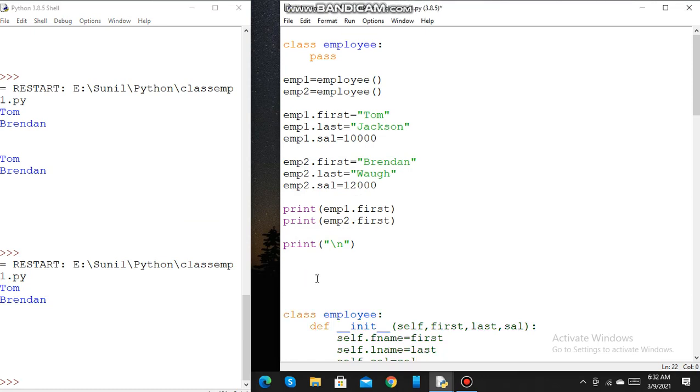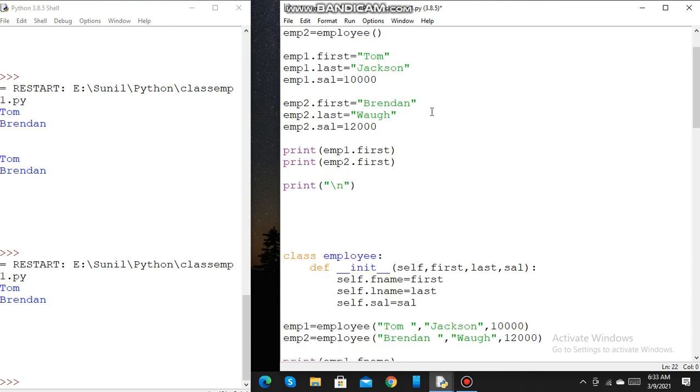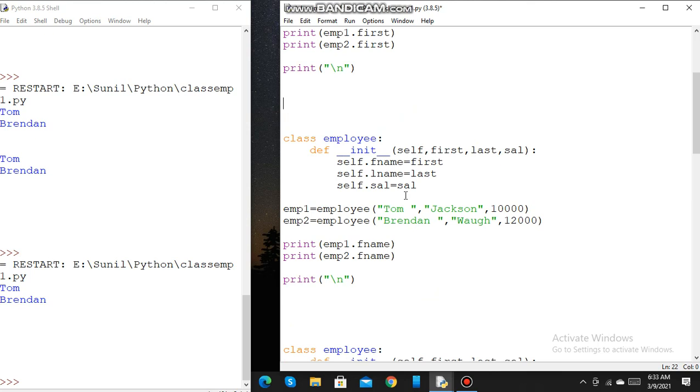Now here we have created the instance variables manually and it takes more coding. So we can do the same automatically using the init method. This init method is a special function which gets called whenever a new object of a class is created. It is called a constructor in object-oriented terminology. So here I am defining the init method. You have to put underscores before and after init.